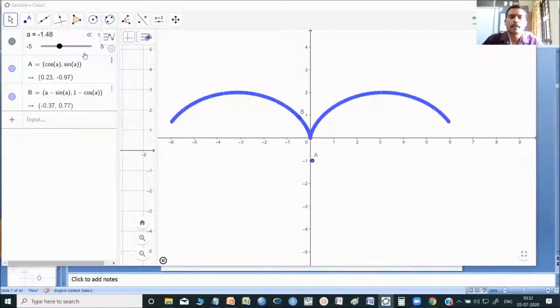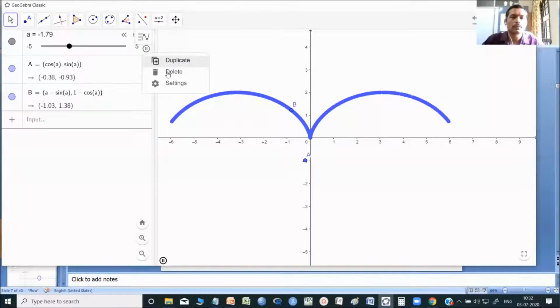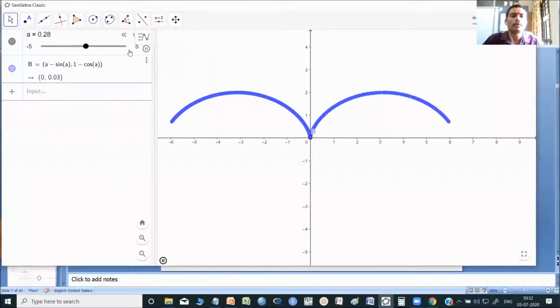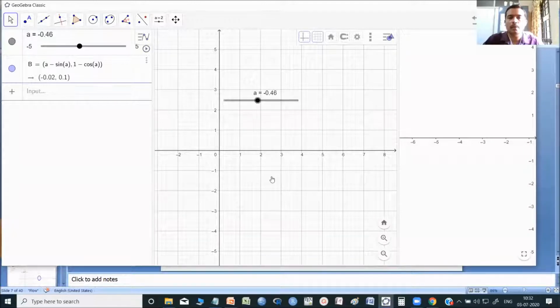Fine. If you want to trace the cycloid for more range, then this one I don't want. Okay. So if I want to increase this, I want to have the cycloid between, say, -10 to 10. You just have to change the settings under A. So I will do that. Right click on the button A, go to the settings.